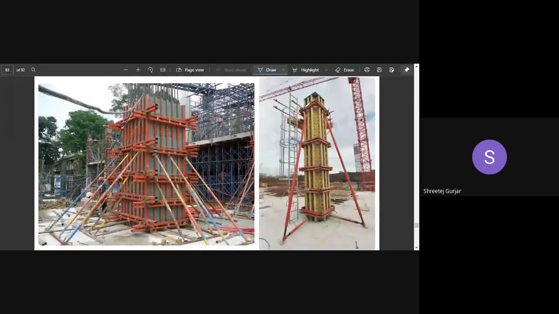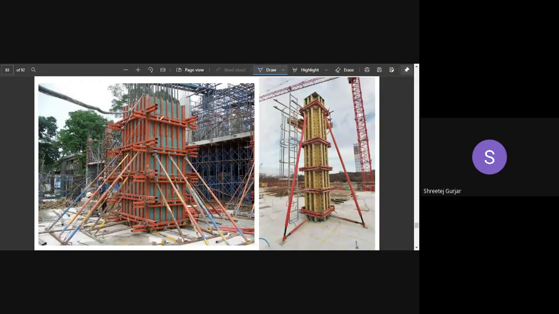Here also you can see this blue color element is your board. These are nothing but panels. It can be a single panel or multiple panels which are held together by various fixtures, or it can be a single solid panel. Those panels are nothing but your boards, which are named in the table.